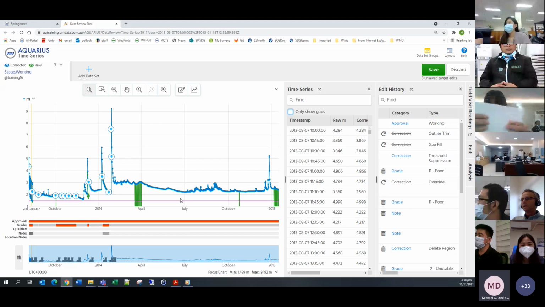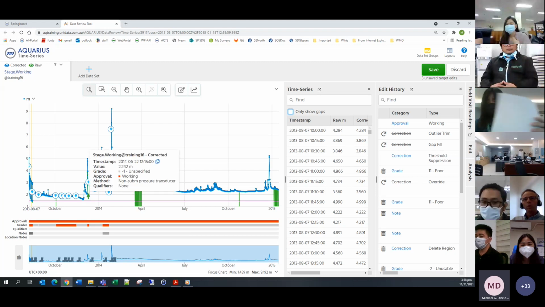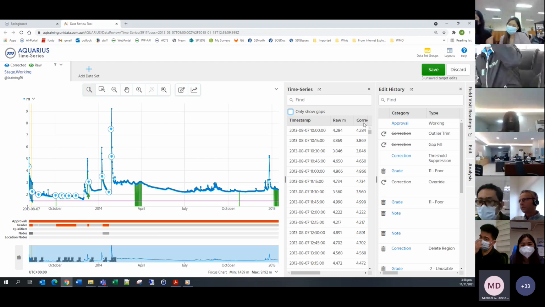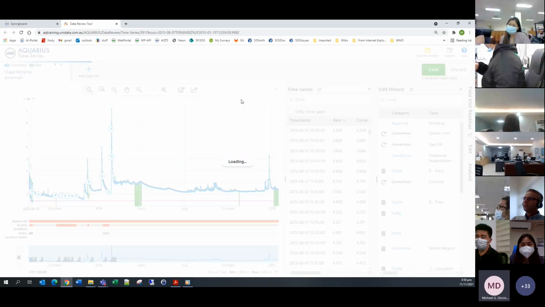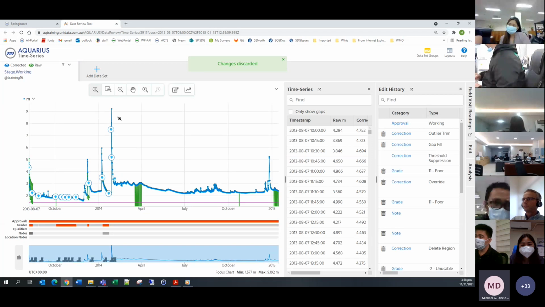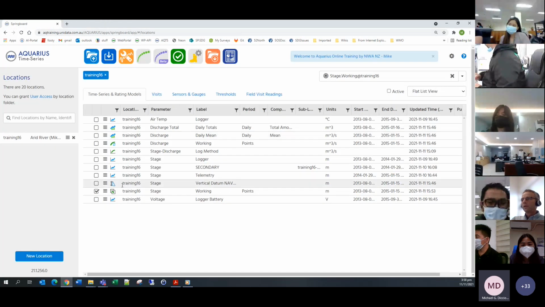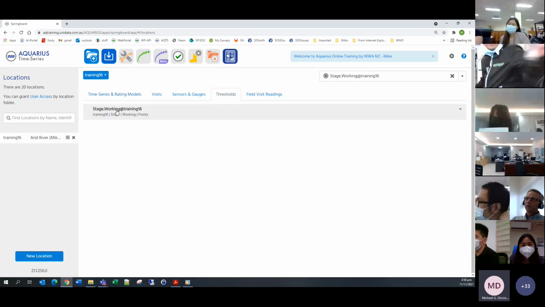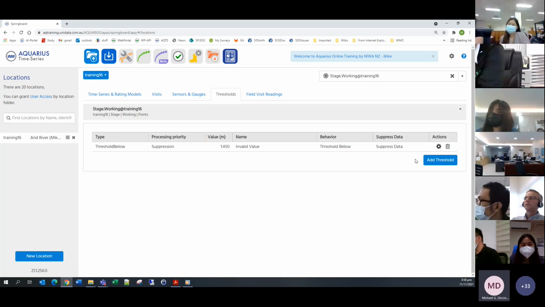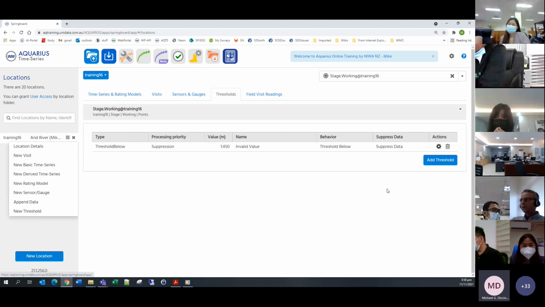So that's how that correction will work. Quite simple. And so you can also, if we sort of discard all of that, we close that. So once you've done this, created this threshold, you can see them sitting here. So you can review them here, and if you want to add more, you use the same process, new threshold,